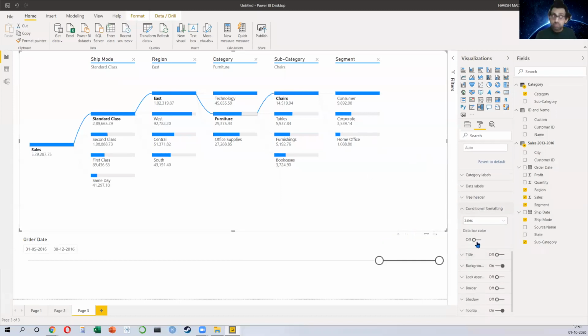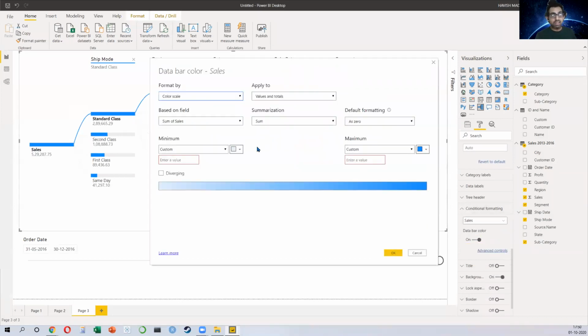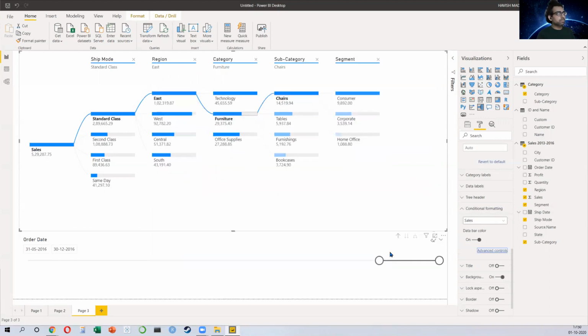And of course, you can have conditional formatting. So you can have different colors for the data bar. You can set up your own rules, right? So you can say that maybe I want to have my colors ranging from red to green. Why does it say custom? I don't know. Let's see. Right? So you get the idea, right? So we can have all these sort of things that we do.